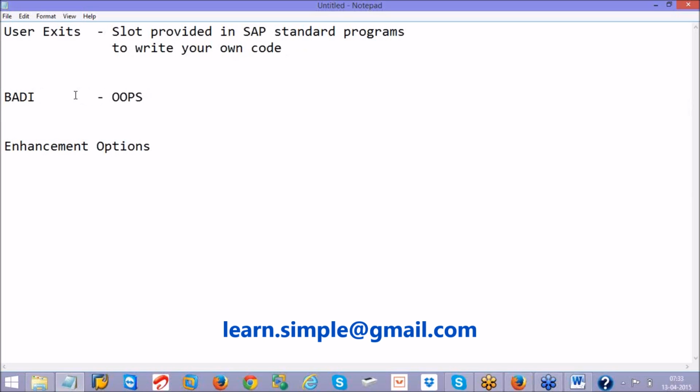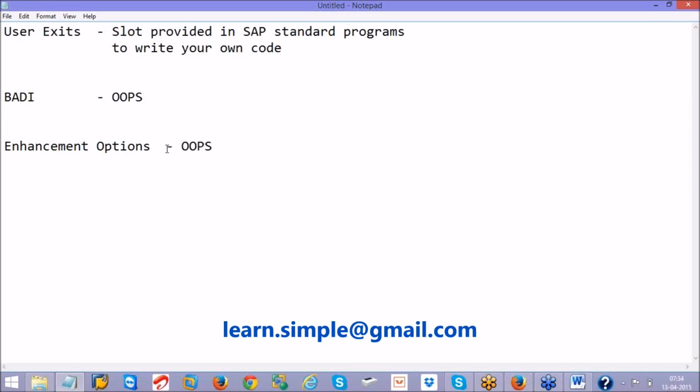Whereas user exits are not following the object-oriented approach, and enhancement options are also following the OOPS approach. So that's the reason why I told you the basic OOPS concepts after the user exits, before starting BAdIs and enhancements.